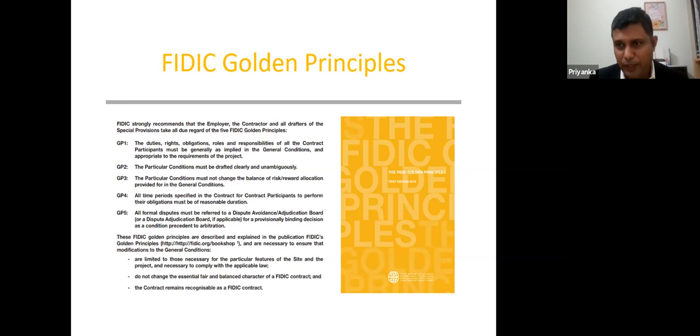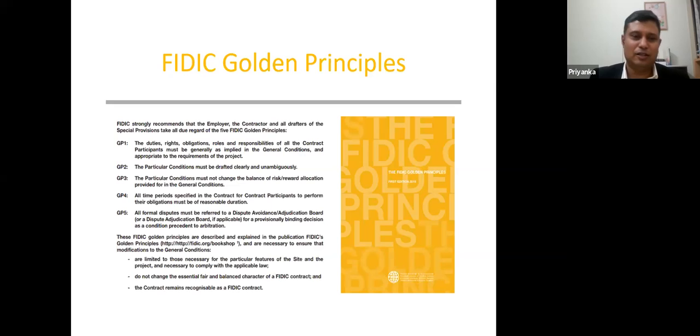However, apart from the guidelines, there may be certain changes which is being implemented by certain employers or rather the engineers. So, in order to prohibit that exercising of undue advantage, there is a set of golden principles, which is issued by the FIDIC. This is there within FIDIC 2017 Red Book itself. If you go to the special provisions, it is there. It says FIDIC strongly recommends. It does not just confine to the verb recommends. It has got an adverb, strongly recommends, that the employer, the contractor, and all drafters of the special provisions